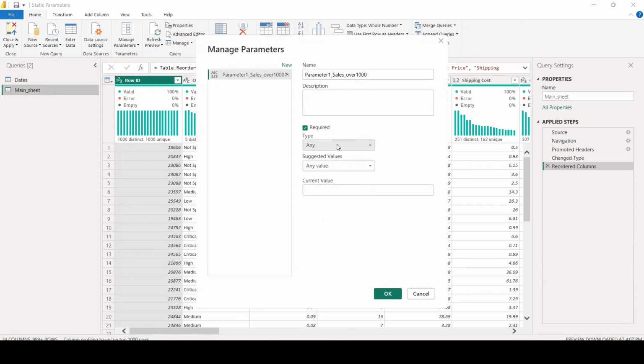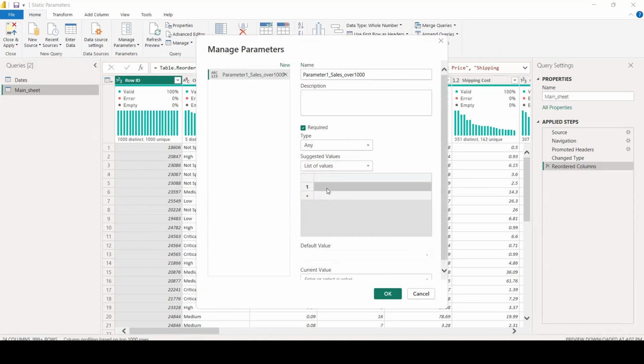We can choose any date, whatever you want, time, decimal number. And I can choose any. And here also I can choose a list of values if I want to add multiple values in our parameters. For example, I can write 1000, then I can write 2000, maybe 3000.